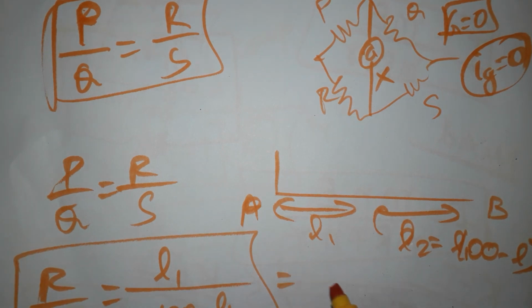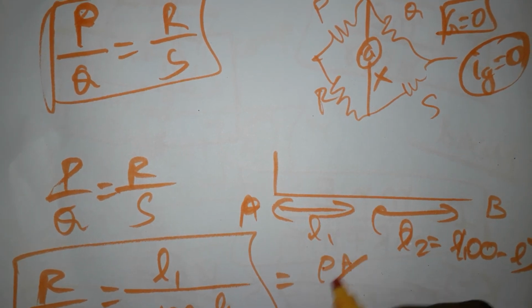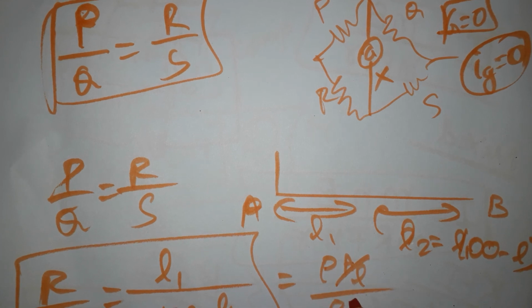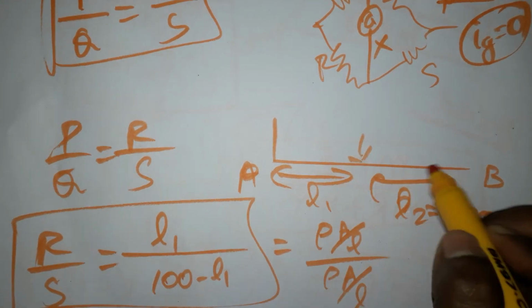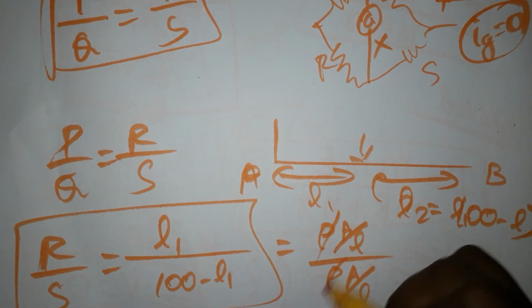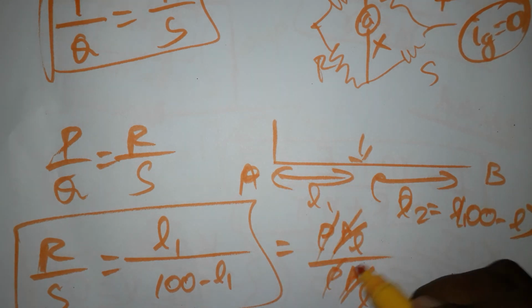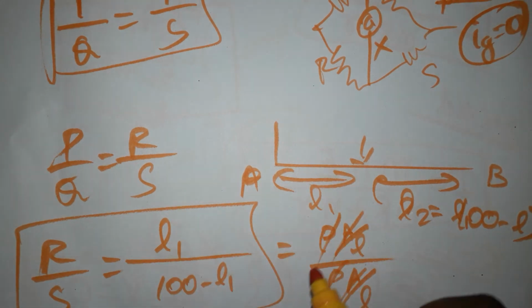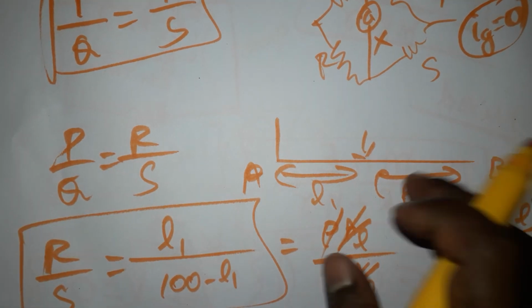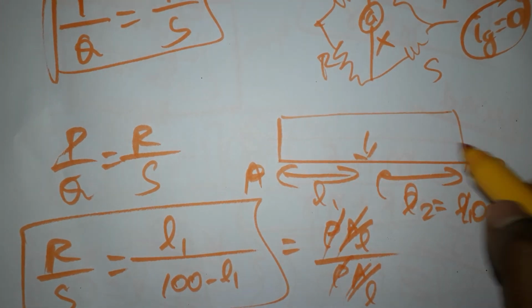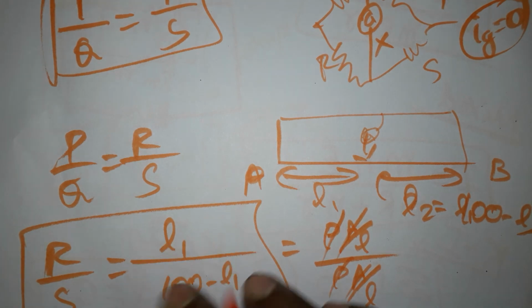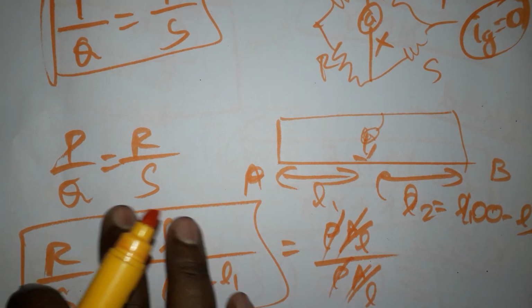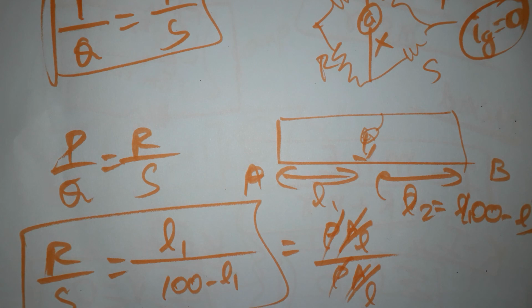How is this possible? Resistance is resistivity times length divided by area, and again resistivity times length divided by area for the other. Here only the length is going to vary, L1 and L2 change. Other than that, the resistivity and the area of the wire are constant. Only length is going to change. So P by Q is equal to R by S, the resistance is equivalent to length in the meter bridge concept. The same balancing length concept is used in the meter bridge, but instead of resistance we take the length. These are the major formulas in your current electricity.